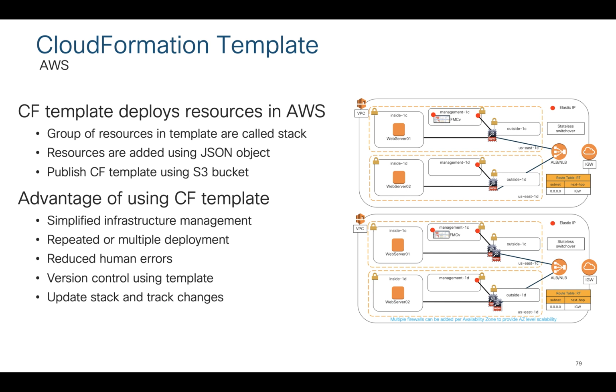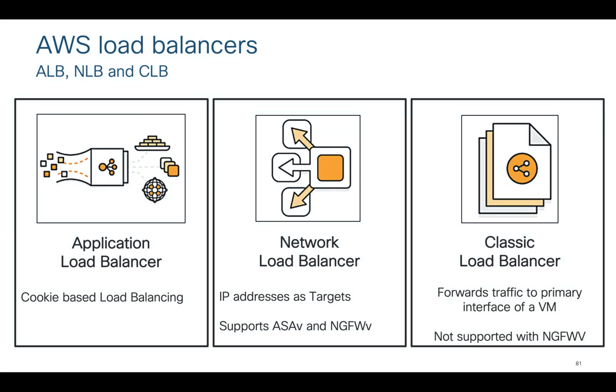Pretty powerful tool. It will let you deploy multiple resources at once, and if you are in the network environment where you have a DevOps environment or lab environment, and then you have your pre-production environment and production environment, you can test everything in your DevOps environment, test it again in the pre-production environment, and once you're satisfied, you can use the same stack to deploy everything in the production environment as well. Scalable model in Amazon Web Services, pretty simple, similar kind of design, but let me step back and talk to you about